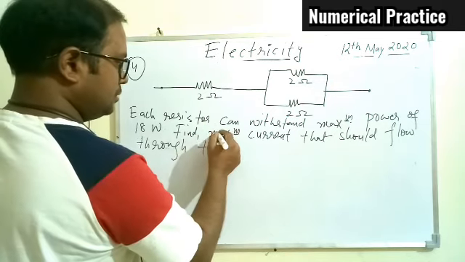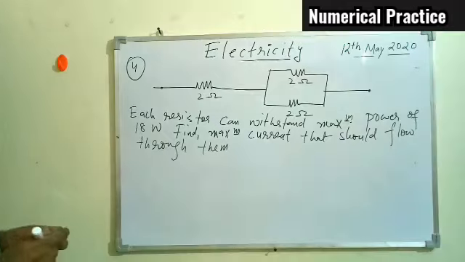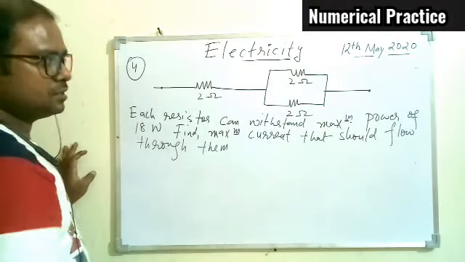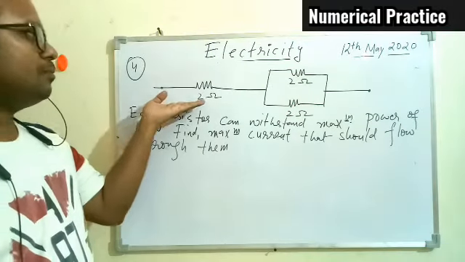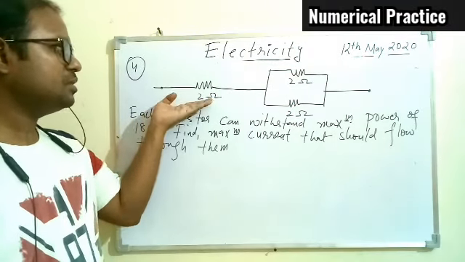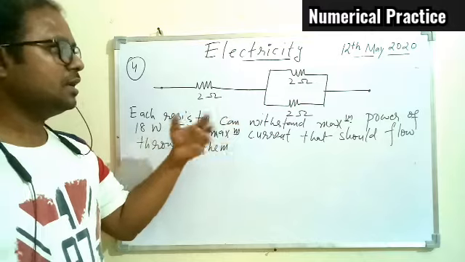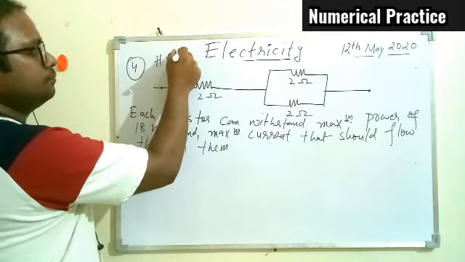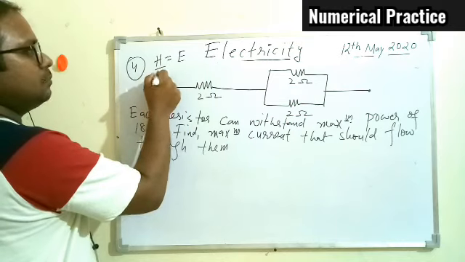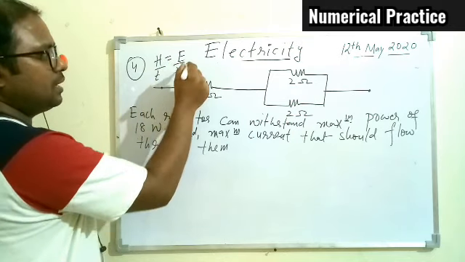I hope you can read it. I am repeating again. There are 3 different resistors, each of value 2 ohm, and it is given that maximum power that can be tolerated. Power means when the current flows through them, heat is produced. Heat and energy are the same thing. So if you divide the heat by time, or energy by time, what do we get?